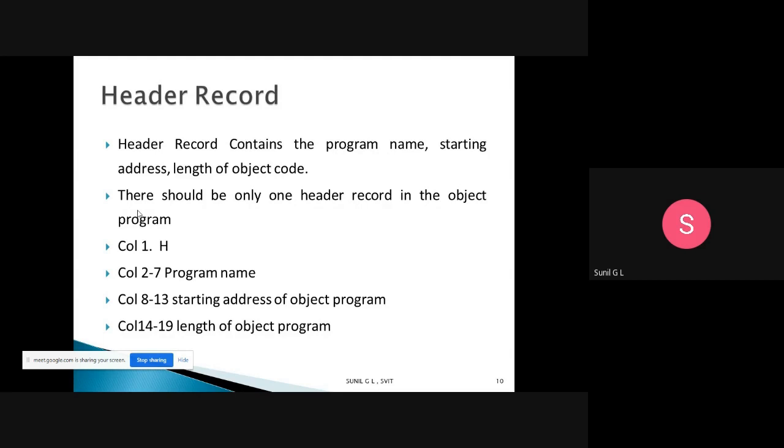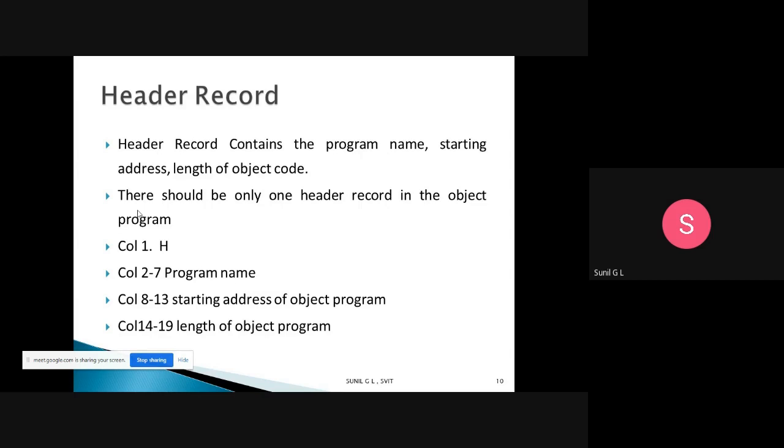It contains the program name, that is t.asm. Whatever name you give, that will be the program name. Then the starting address of the program, and the length of the object code, that is, the total length of the object code.